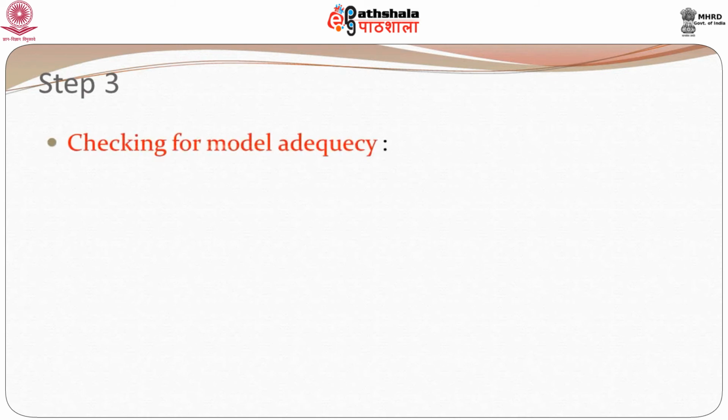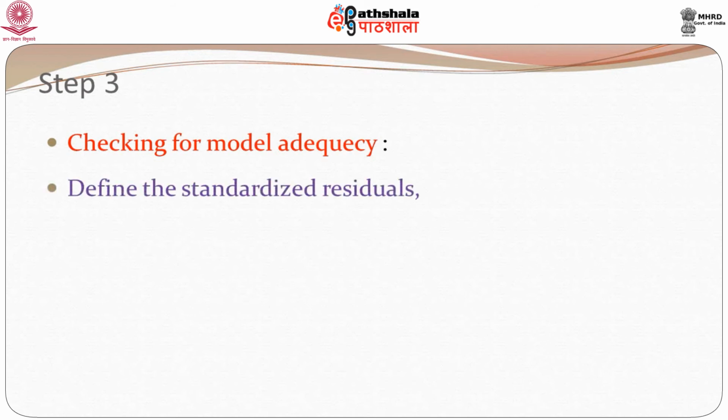Next, we will need to look at the adequacy of the underlying model. What does this mean? It means that we need to check whether the model that we have used is good enough or not. First of all, define the standardized residuals, because the residuals are the ones through which you generally check the model. In this case, we have epsilon t hat equal to x t by sigma